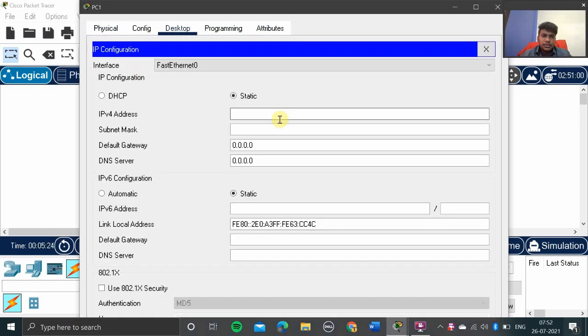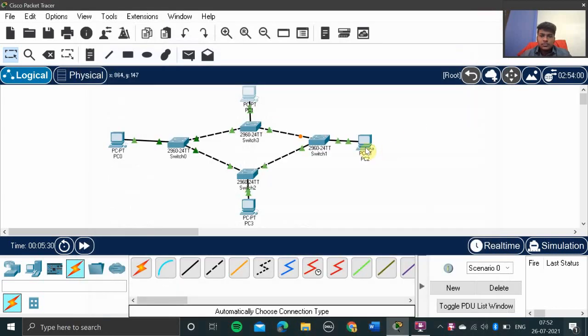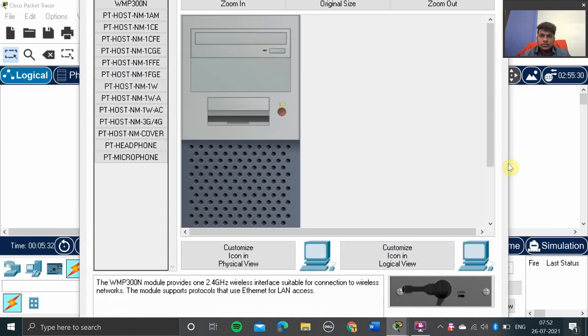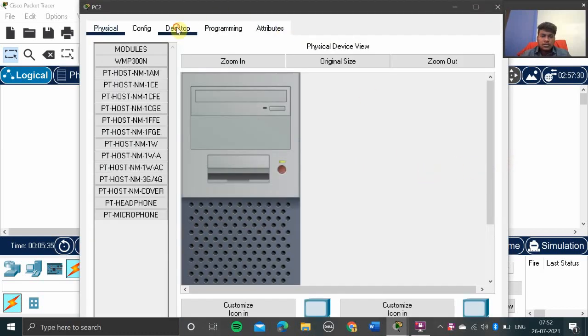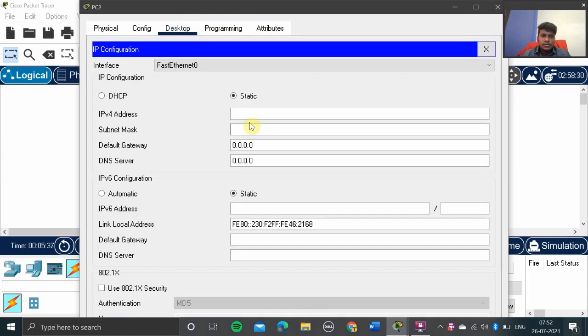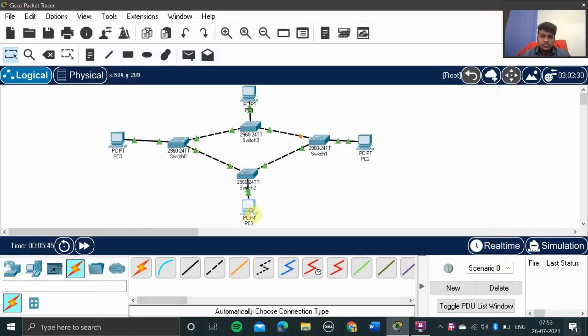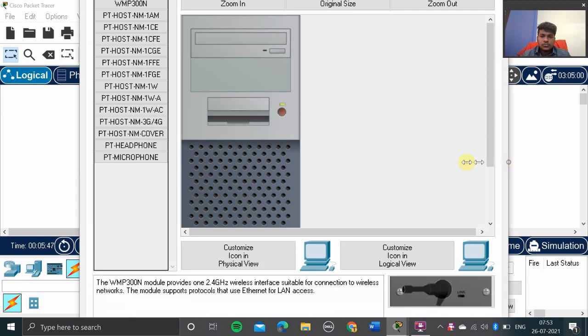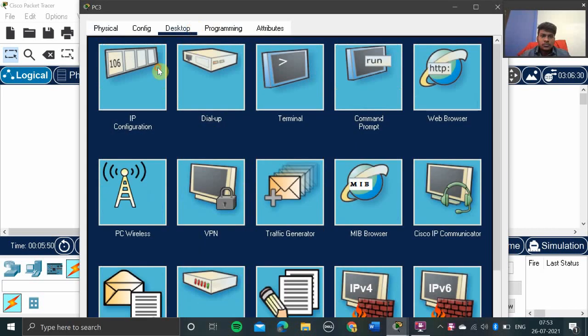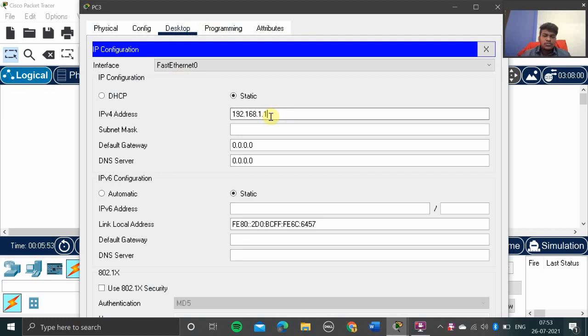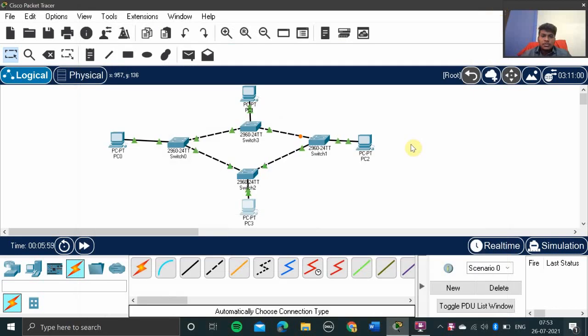Desktop, ipconfig, and the IP address is 3. We have configured all the devices, and now we will go to the simulation part.